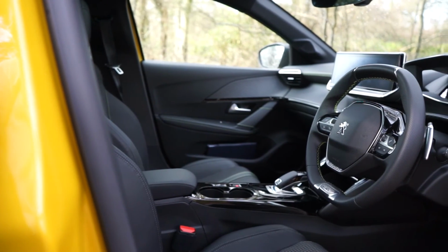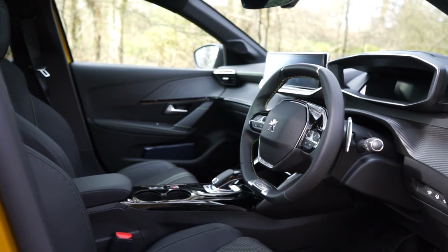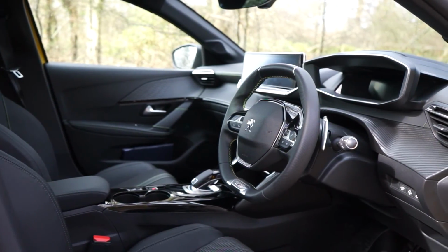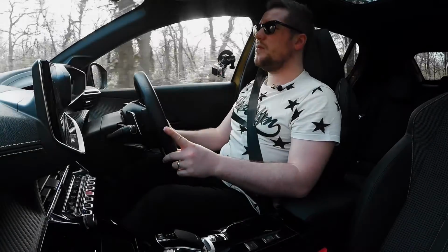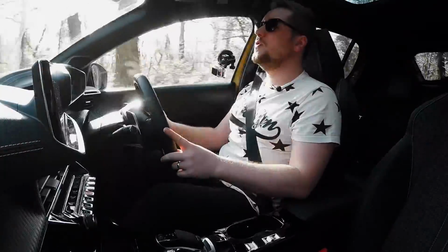This one on the road, this specific car on the road, costs roundabout £25,000. However, a GT Line without options will set you back just over £23,000. But these are some essential options, like a ginormous panoramic sunroof and all the needed things that you would want,